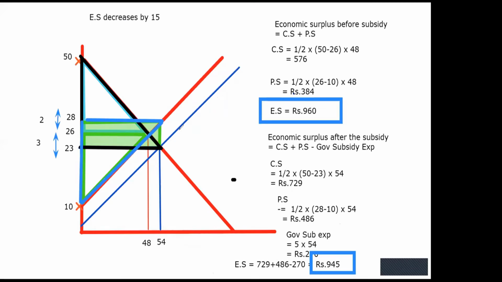If you look at this market, to supply, let's say 54 units, the consumers are getting it at a price of 23, right? But actually, the marginal cost of supplying one additional unit is more than 23, because the government is subsidizing a certain part. So the marginal cost of producing these 54 units is somewhere around 28 rupees. But the price, okay, so if I want to summarize, allocative efficiency,